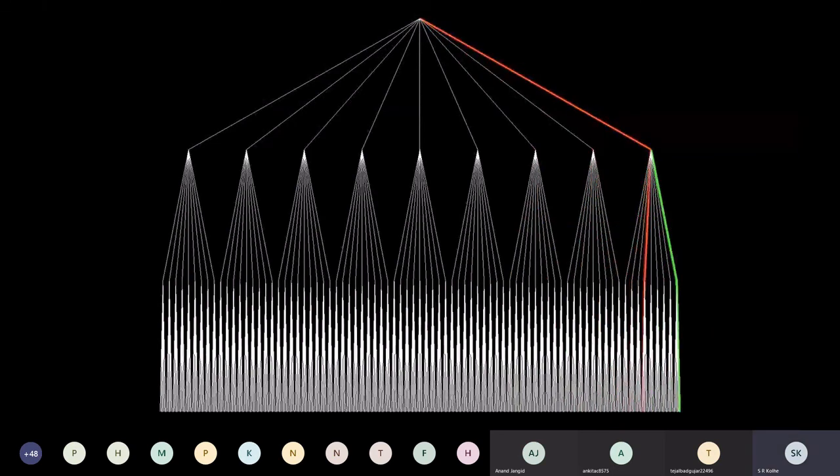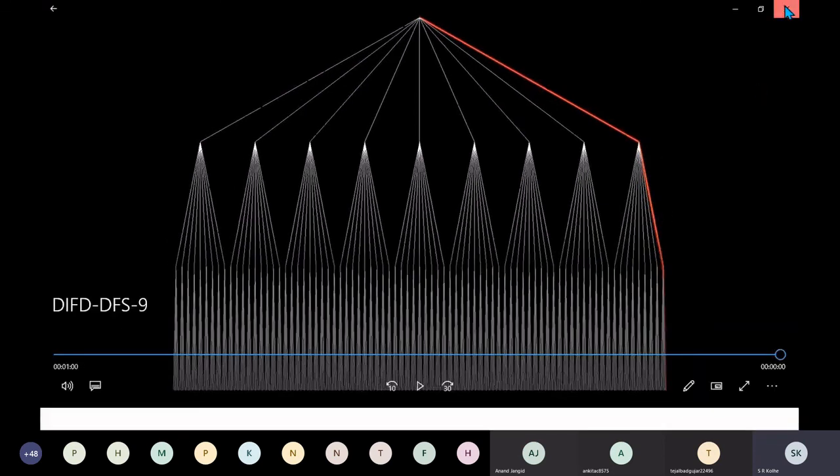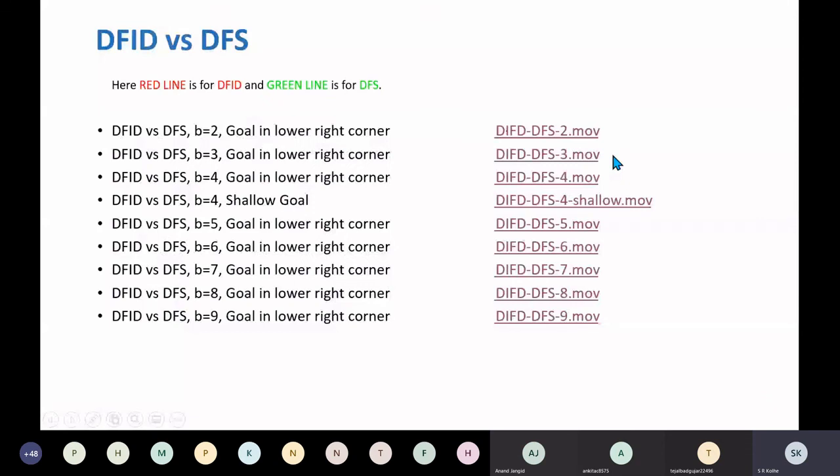So again DFS has finished first and closely followed by the DFID algorithm, right? So if goal is shallow, then DFID returns you the solution faster as compared to DFS, but otherwise DFS finishes it faster.